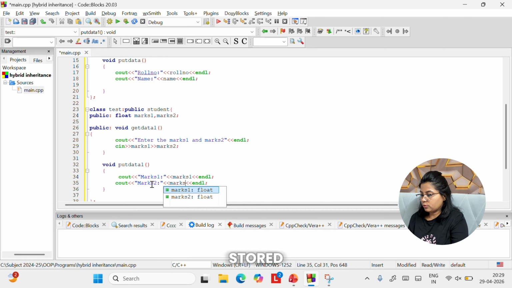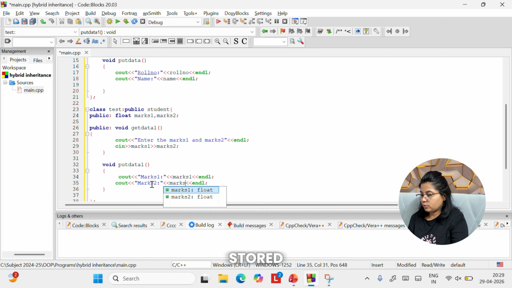It's a bit lengthy, but it is easy. Marks 2. Cool. So we are done with our second class, right? So moving on to the third class.